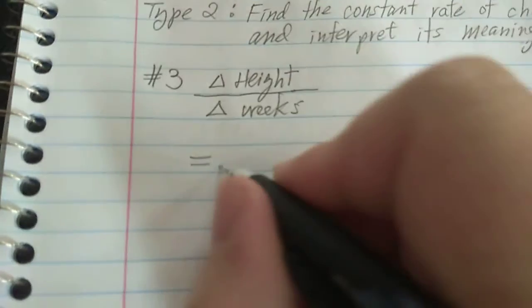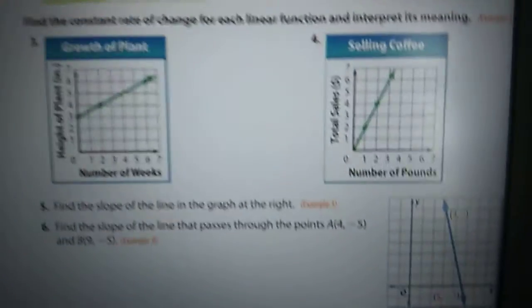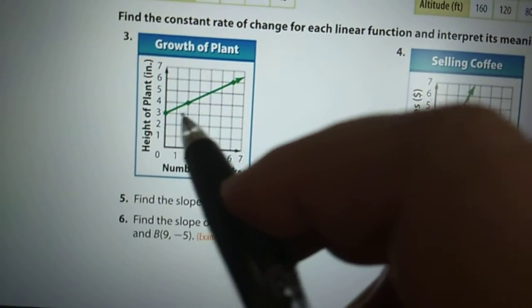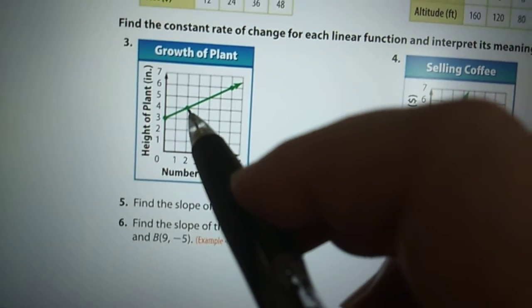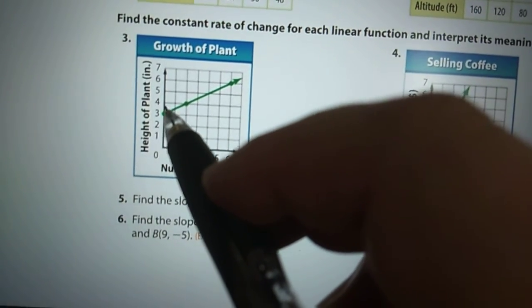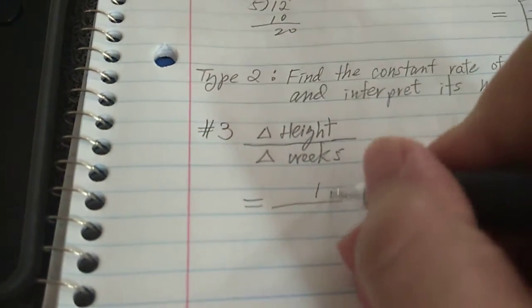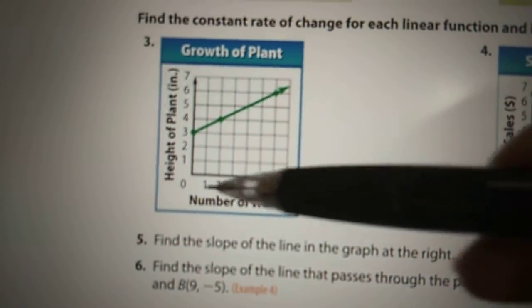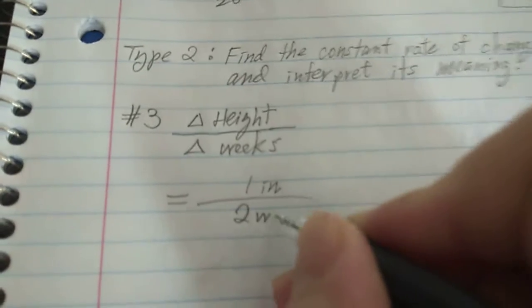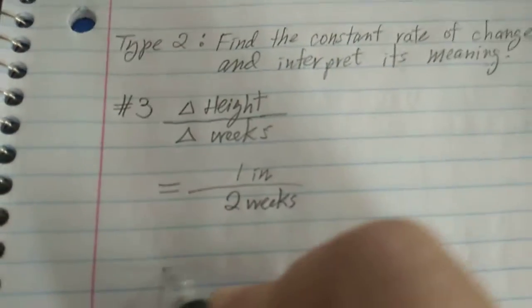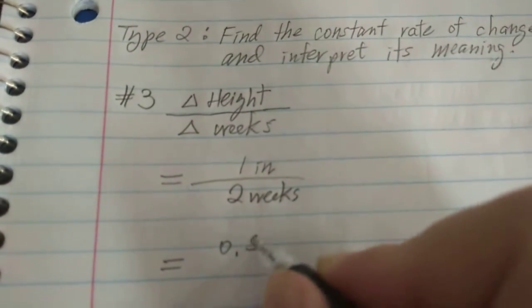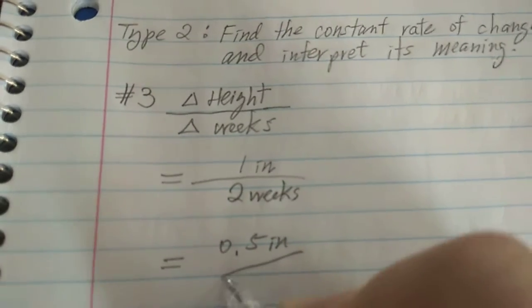Okay, and what we just saw with the 2 clear points that you can find on this graph, I can see that the change in the y was 1 from 3 to 4, right? 1 inch. And corresponding to that is the change in the x, which is 2 weeks. So over 2 weeks,